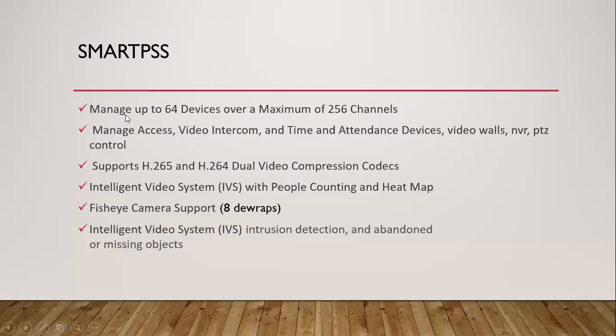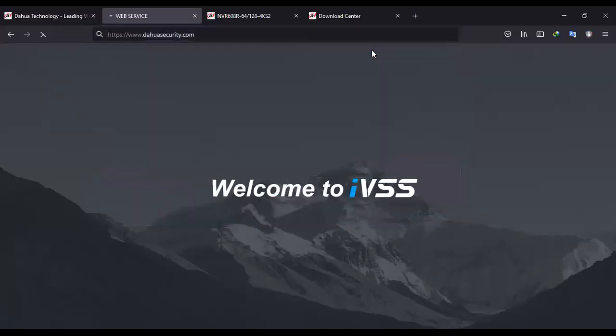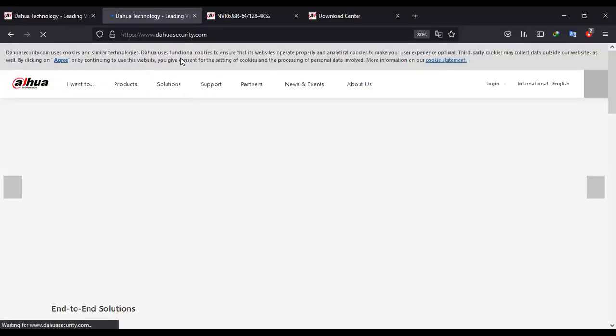The company provides Smart PSS software. We have different versions. For those who are asking, I got some inquiries about Smart PSS 32-bit versions. We have it. So the Smart PSS is available for download. What you'll do, just go on Dahua wiki or dahuasecurity.com and do a download on Smart PSS. So navigation for softwares is